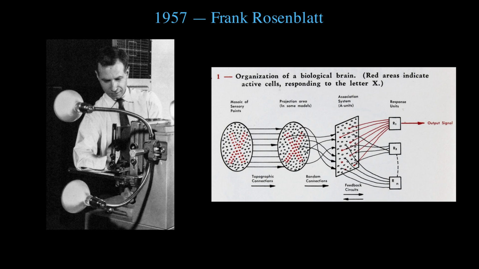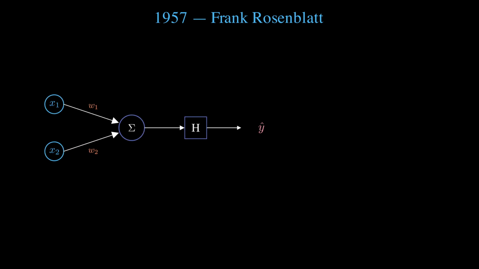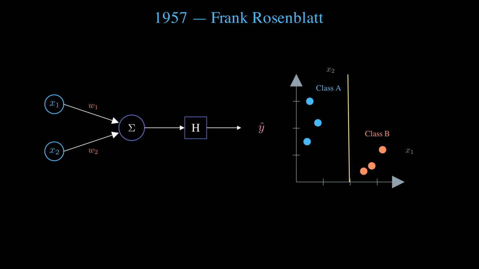We now move to 1957, where Rosenblatt took the old model neuron and made it trainable. He called it the perceptron. Inputs come in, you compute a weighted sum, pass it through a step function, and get a binary output. But there's a learning rule. If the output is wrong, we update the weights. Weight gets weight plus eta times the error times the input. The perceptron is drawing a line in space, a hyperplane separating two classes. Each mistake nudges that line, and Rosenblatt proved that if the data is linearly separable, this always converges towards more